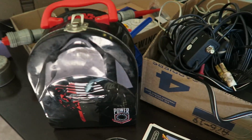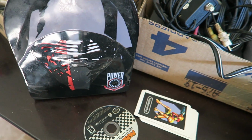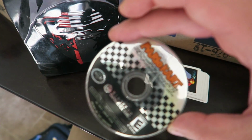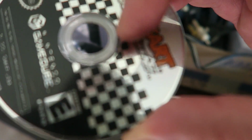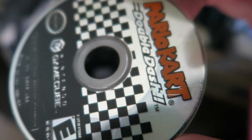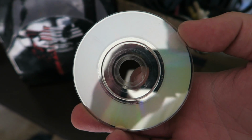A random Star Wars container thing was just in one of the boxes I bid for. I didn't bid on it in particular, but it was in there. And then my girlfriend actually opened it up, and she was like, "Did you see this?" I was like, "No, I did not, but that is awesome." Actually, is that cracked? It's not cracked. It's just got some scratches on the outside, which is not a big deal. And actually the disc isn't in the worst condition. And again, I can resurface